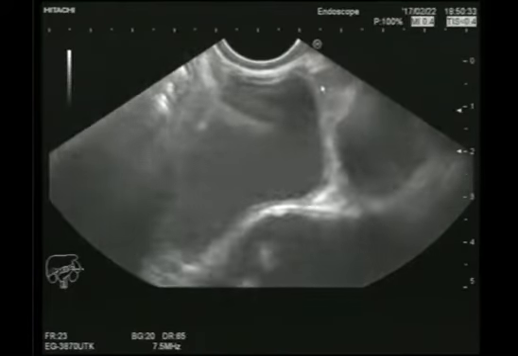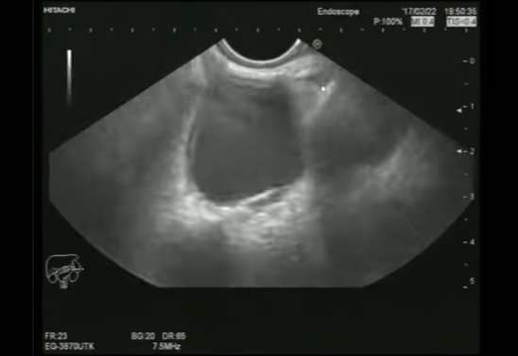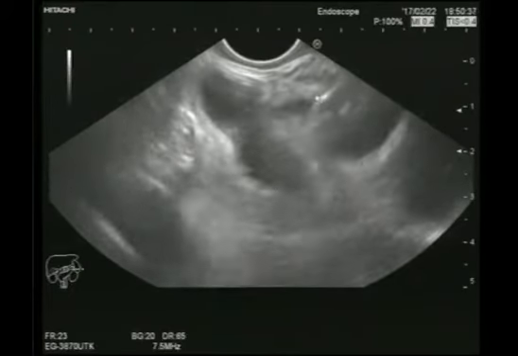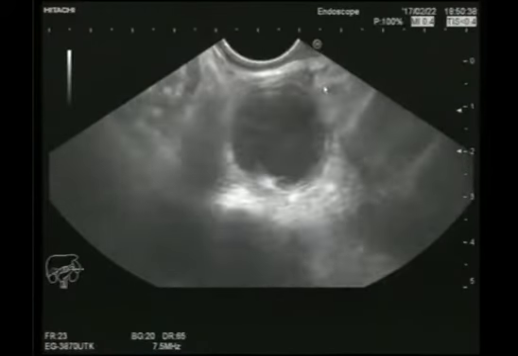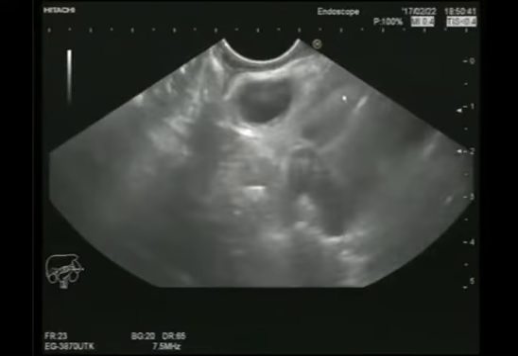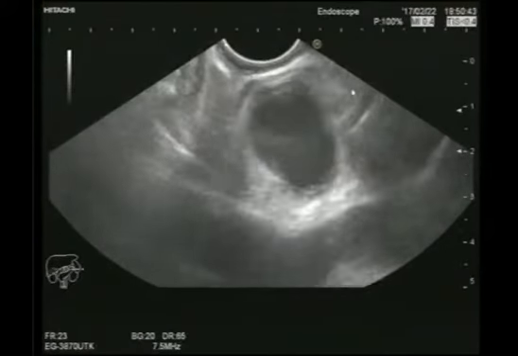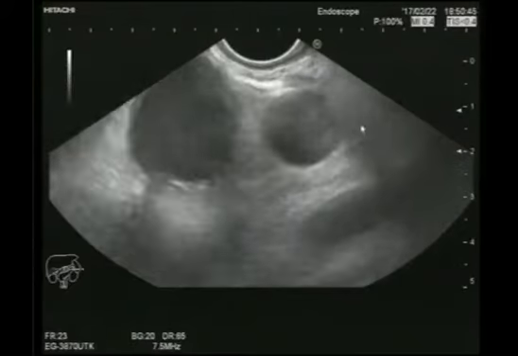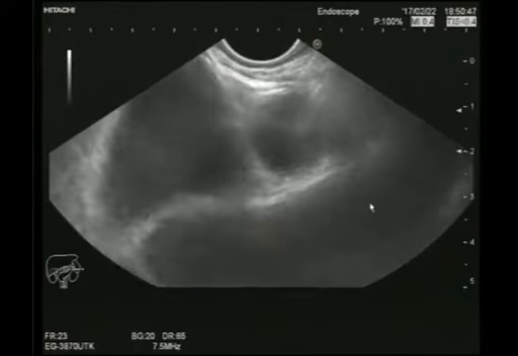But what we see here is that in the subcarina there is no pathological lymph node which may be considered for metastasis, and we go 2 centimeters proximal to see the